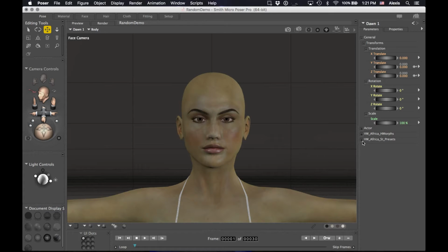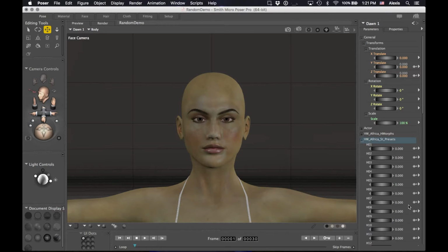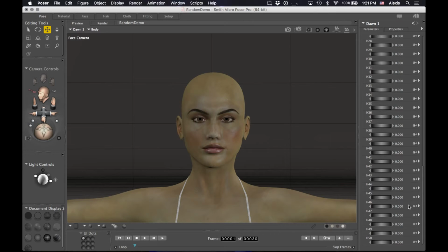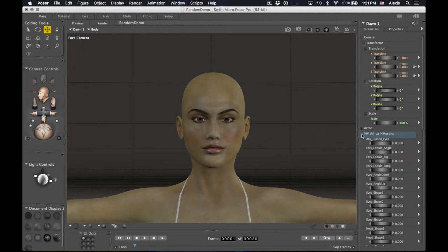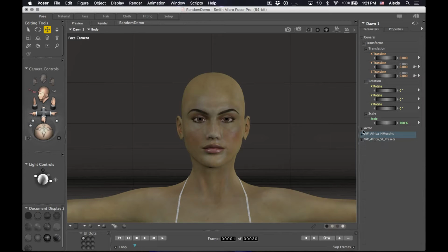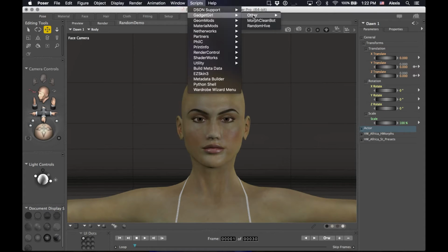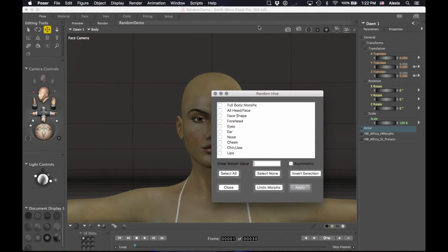So I've loaded Virtual Worlds Faces of Africa morphs on her, which you'll notice has 50 individual head shapes and a lot of other shapes as well. And then I have some of the other morphs that are required, the base morphs. I believe head shapes is one of the required ones for it. So lots of morphs. I'm going to go to Scripts, Gadget Girl, and Random Hive,